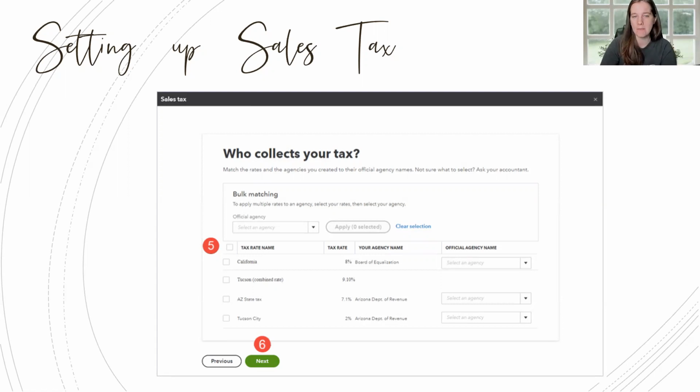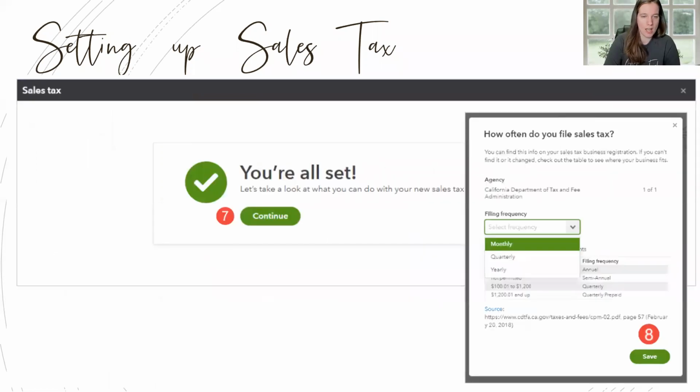And again, it mentions even in this wizard, if you're not sure what you're doing, talk to your accountant. They can help you. And that is always good advice. And if you don't have an accountant, you'll probably develop a relationship with one through these processes. Okay, then from there, you're pretty much all set after you select your filing frequency, which is what we were